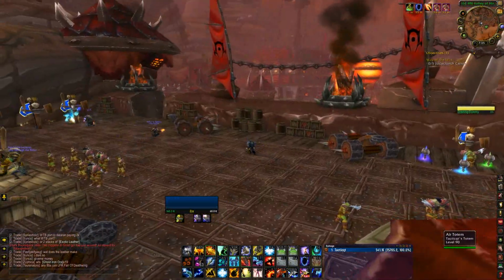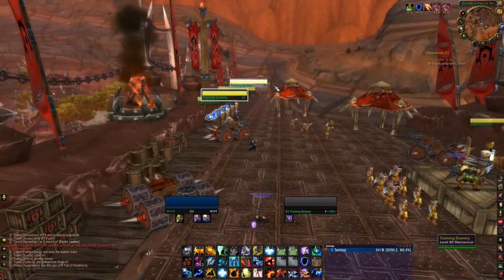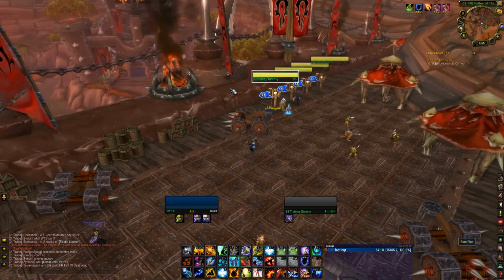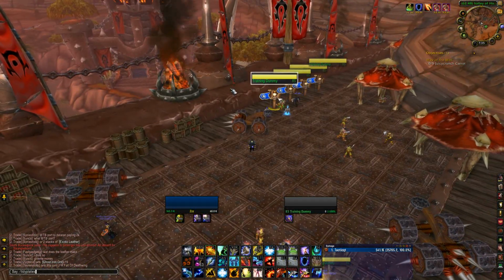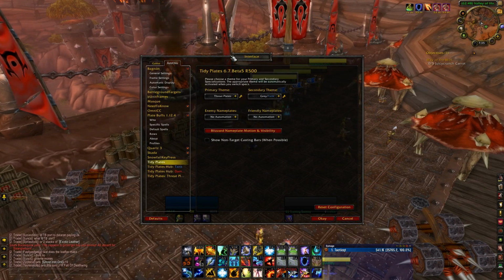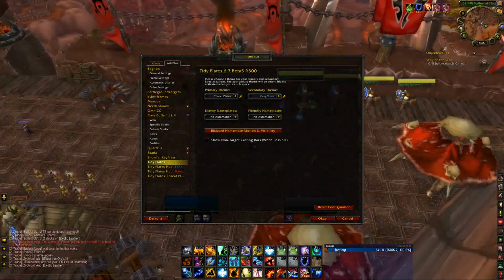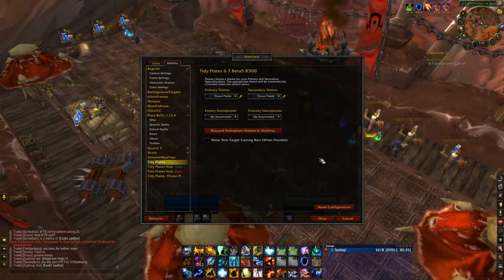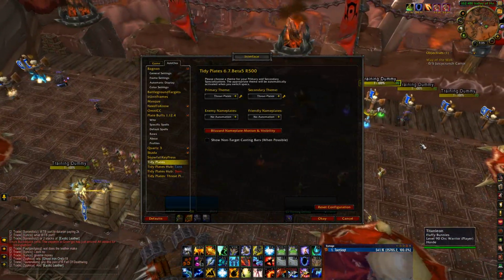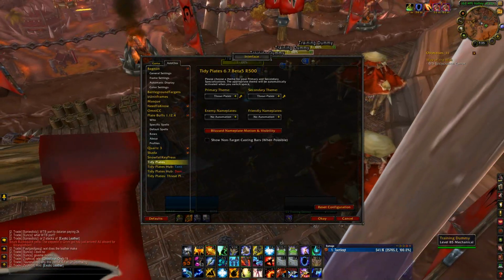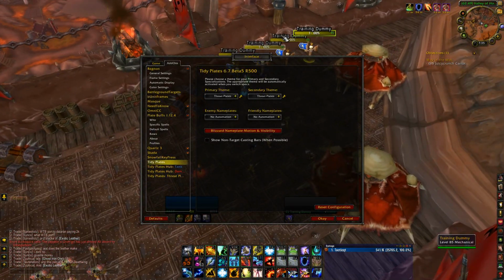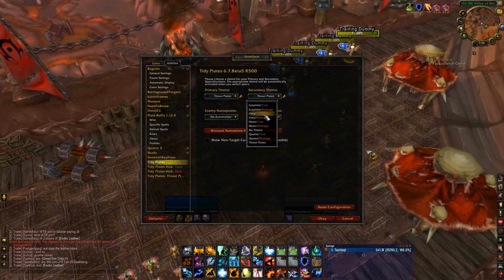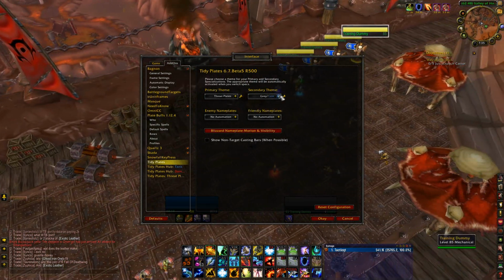A lot of you guys have been asking about my nameplates. I use an add-on called Tidy Plates. It's a very common add-on. You can find it at any add-on site fairly easily. On my live servers, I use Threat Plates, and obviously that's customized, a lot smaller. If you look at my previous videos, you'll recognize those a lot less, more customizable, more font oriented and whatnot. On the beta and recent videos you've been seeing, I've been using this gray one,